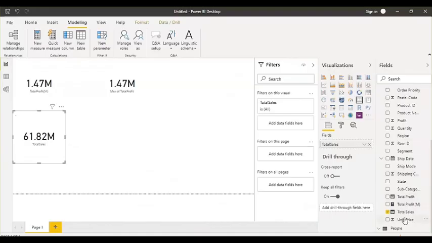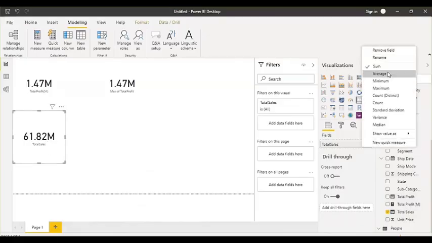When I pull this column in, visualizations also have aggregations, right? So for example, if I click here, you can see what the aggregation for this visual is, for this calculation: it is sum. This sum has been automatically applied to this column here. But in case you do not want to use this value directly, you want to use it for your further calculations, then you have to first create a measure.